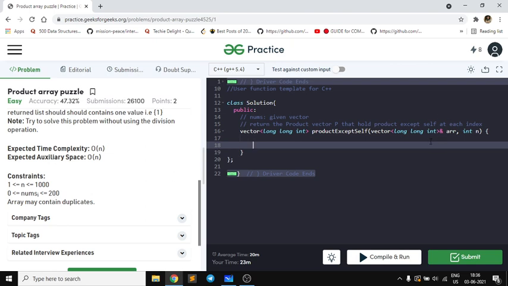Many of you may doubt why the elements are long int, since the elements only have size 200. One thing I would like to tell you is what happens when you multiply two integers. Suppose you store the product in a long variable, and the product of those two integers becomes greater than the integer range.